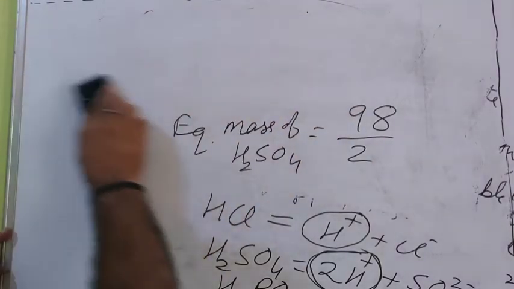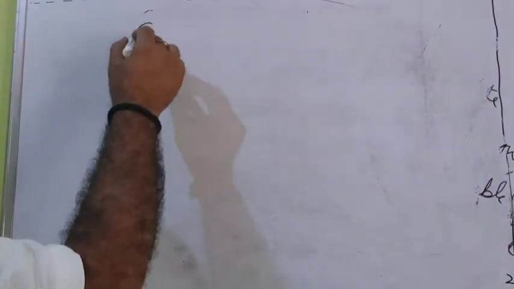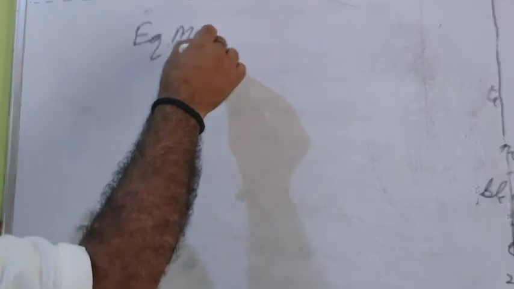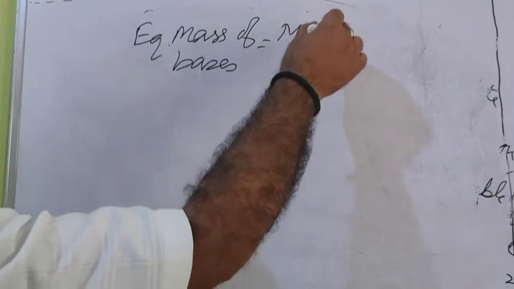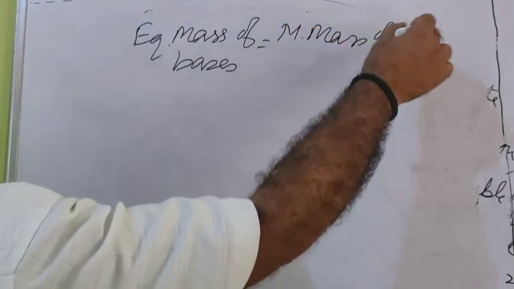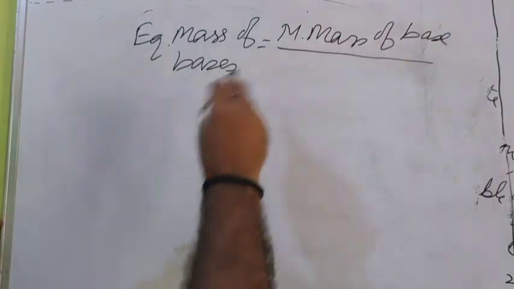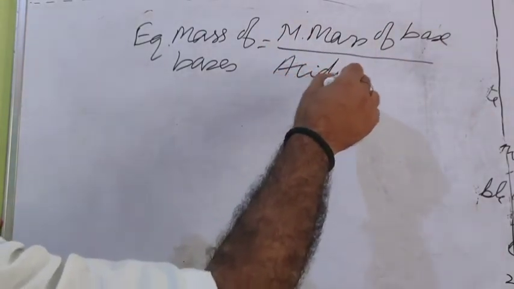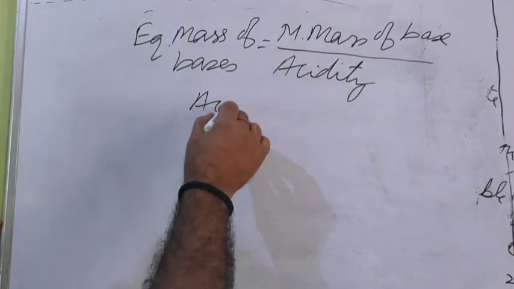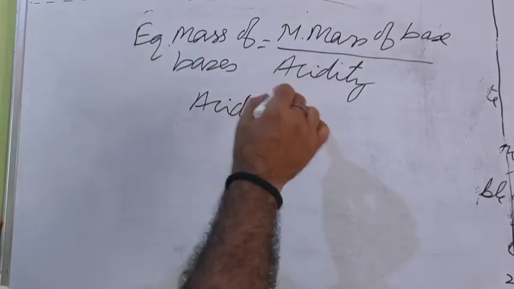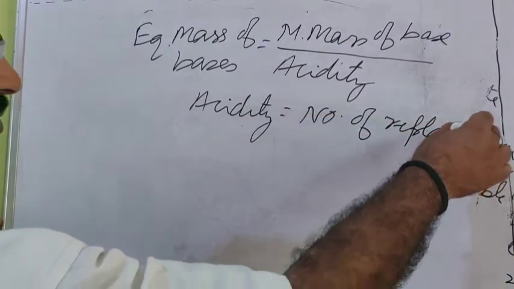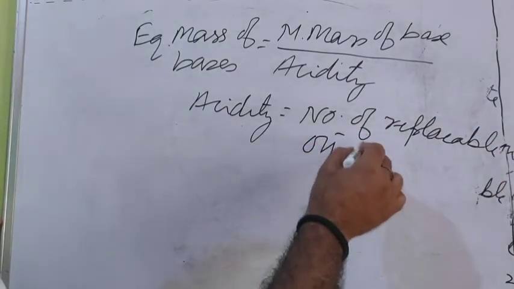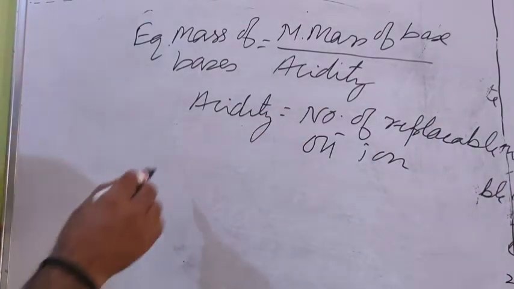Similarly, the equivalent mass of bases is equal to molecular mass of base upon acidity, and acidity is the number of replaceable OH minus ions. For example,